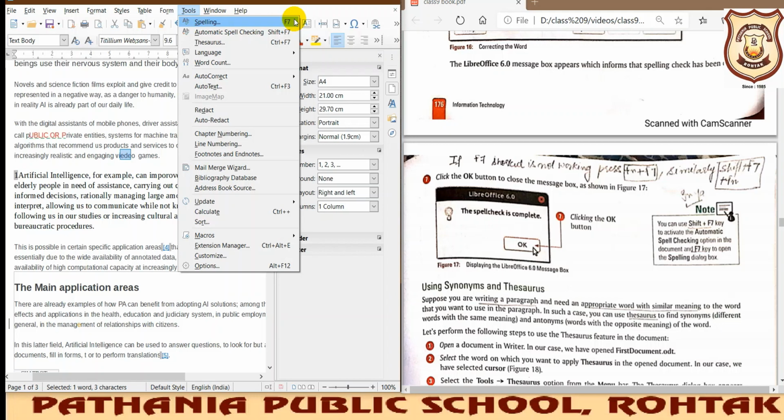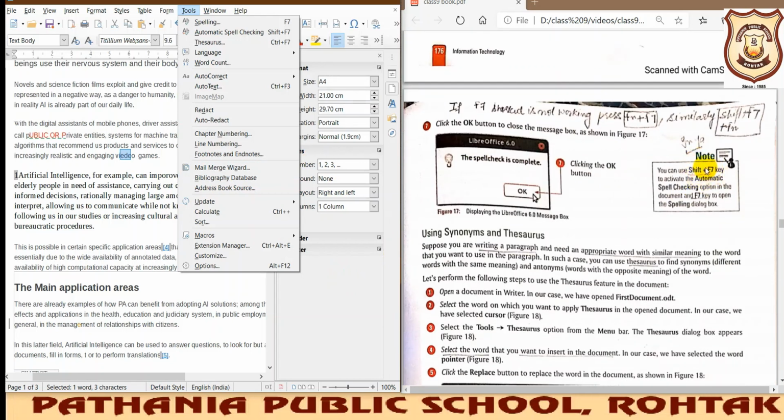If you press this function key, then definitely function keys like F7, shift plus F7, control plus F7 will start working. Okay, so I have written it as a note here also, you can use it. So this is the shortcut key for activating the automatic spell check.